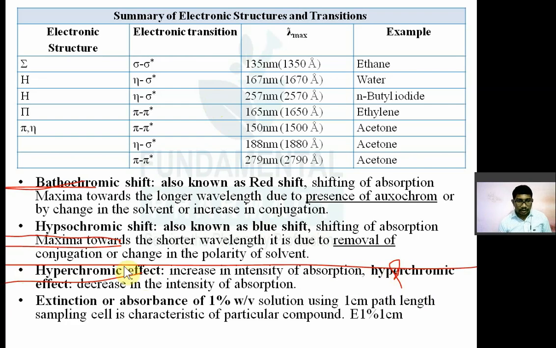Extinction coefficient or absorbance of 1% weight by volume solution, at a particular wavelength, using a 1 centimeter path length sampling cell, is a characteristic of a particular compound. इट इज E1% 1 सेंटीमीटर। ठीक है, तो पैरास्टामोल है, मान लीजिए पैरास्टामोल का एक्सटिंक्शन कोएफिशिएंट अगर है,